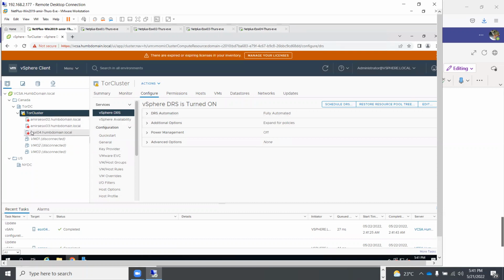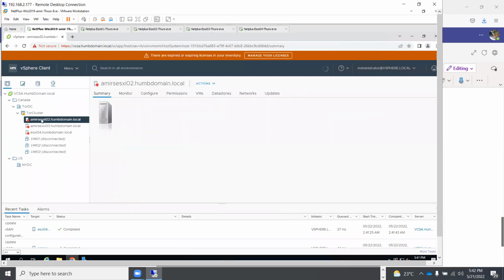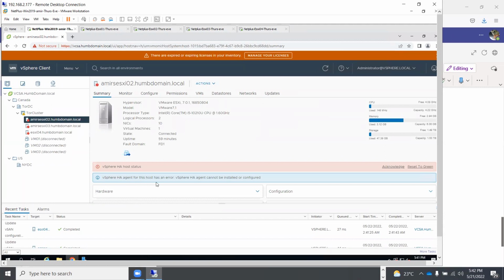So these errors will go away once it has deployed the agents, or they tend to stay a little longer. The agent versus host has an error which cannot be installed or configured. Now, in order for the HA to deploy the agents on these three machines, I'll temporarily